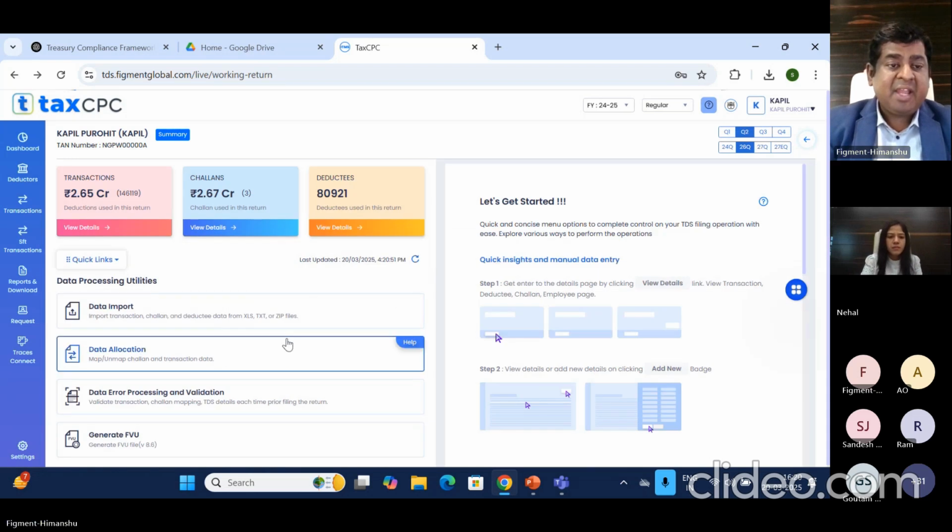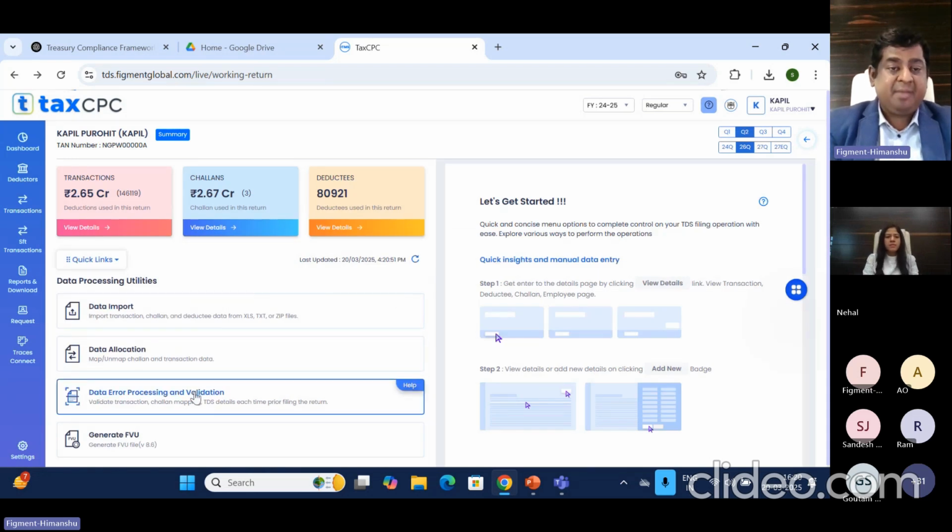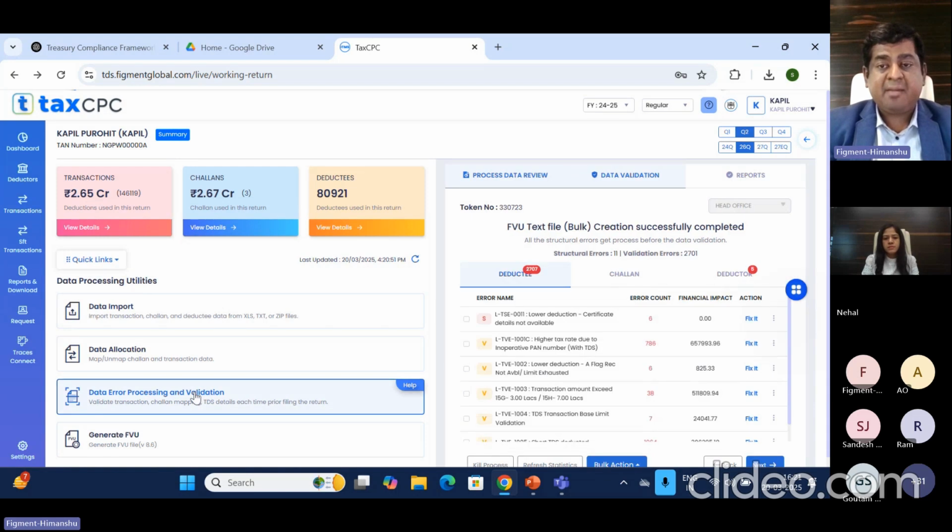तो ये लोअर डिडक्शन सर्टिफिकेट यहाँ पे आपके आ गए। देन आपको जाना है डेटा एरर प्रोसेसिंग एंड वैलिडेशन में। आपने डेटा इंपोर्ट कर लिया, पैन वेरिफिकेशन कर लिया, लोअर डिडक्शन सर्टिफिकेट फैच कर लिए। देन जस्ट गो ऑन द डेटा एरर प्रोसेसिंग एंड वैलिडेशन। जैसे ही आप जाएंगे, आपका जो भी डेटा इंसर्ट किया हुआ है उसके अंदर क्या क्या एरर्स हैं वो दिखने लग जाएंगे। अब आप एरर देखेंगे तो यहाँ दिखा रहा है लोअर डिडक्शन सर्टिफिकेट डिटेल नॉट अवेलेबल। किसी ट्रांजेक्शन में आपने लोअर डिडक्शन सर्टिफिकेट लगाया हुआ है, लेकिन वो सर्टिफिकेट ट्रेसेस पोर्टल पे अवेलेबल नहीं है, तो उसको आप लोअर डिडक्शन का बेनिफिट नहीं दे सकते।